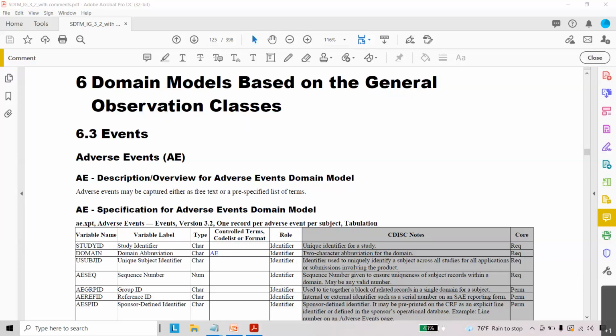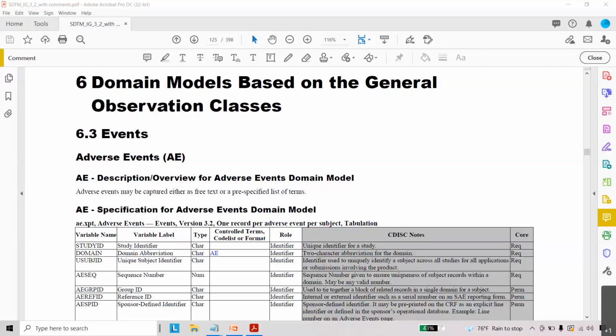It is a very important safety domain that we submit to the regulatory authorities when we want to file a product for approval. So what is actually an adverse event?